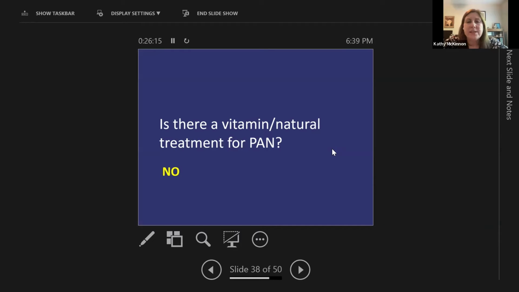And reading about steroids and side effects and other immunosuppressive medicines like cyclophosphamide or mycophenolate that we use, patients oftentimes ask also if there's a vitamin or natural treatment for PAN. Can you use supplements? Can you use acupuncture or other treatment modalities that are not traditional pharmaceutical medications for PAN? And the answer is no, not by themselves. But I have had patients who have wanted to use additional treatments, complementary therapies or naturopathic therapies, and if they're safe and not immunostimulatory, I think they could be a benefit in combination with more traditional treatments for PAN. Next, please.